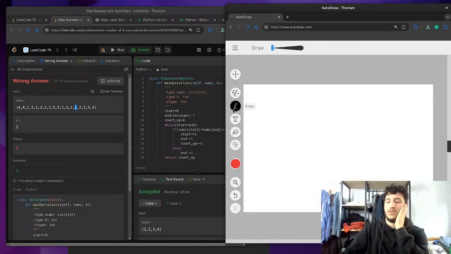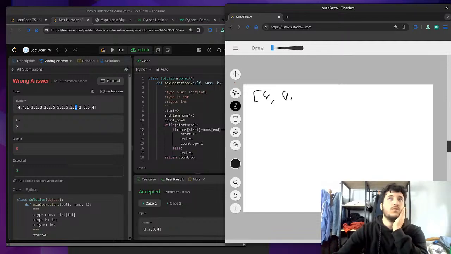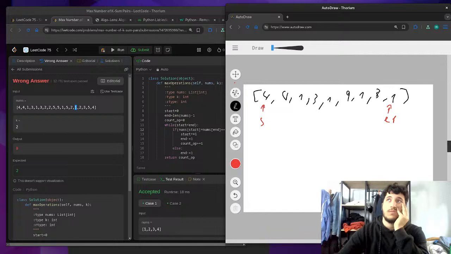So let's just take a little example of it. Let's say we have 4, 4, 1, 3, 1, 2, and another 3, 1. s is here and e is here. The sum is not k, so the end will be